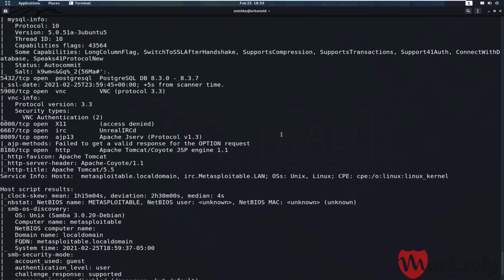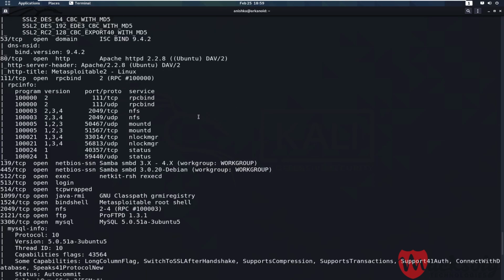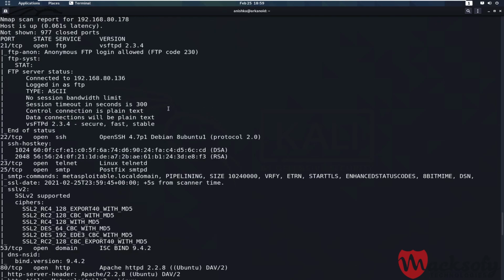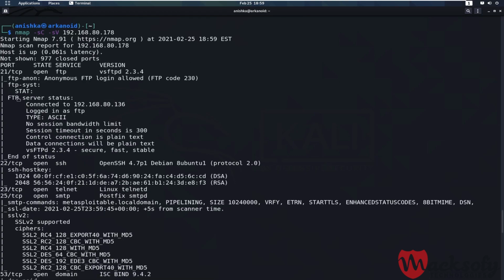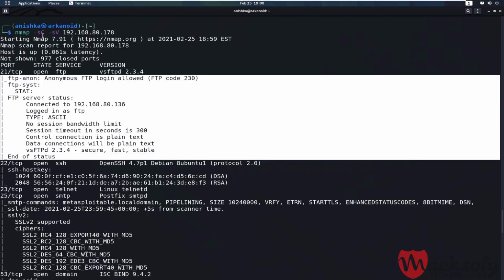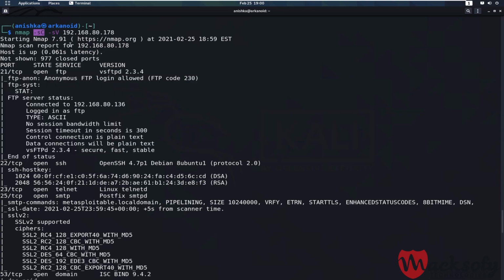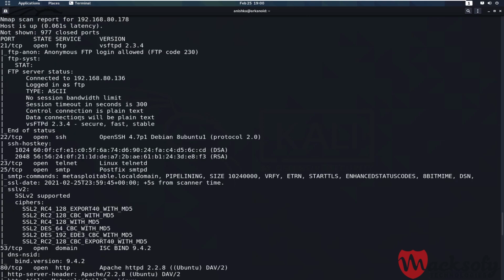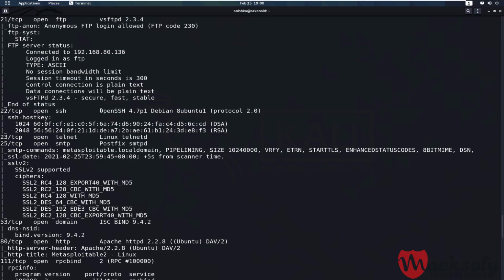So our scan is completed, and you can see that we have a lot of difference from the previous scans which we did. Now let me explain what we actually get from the -sC flag. The additional information you get here is what we get from the -sC flag. And the -sV flag is used to get the version of the particular service running on the ports. As we can see, port 21 is running FTP, and the version is vsftpd 2.3.4. And so on, we can see each and every detail about the services running.